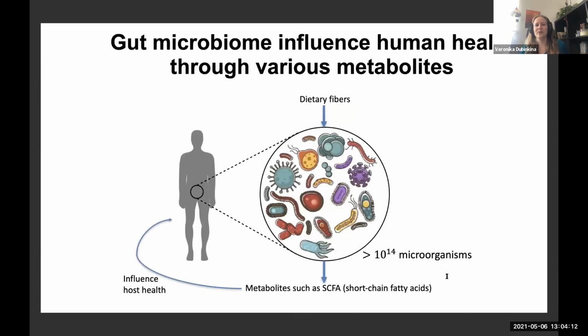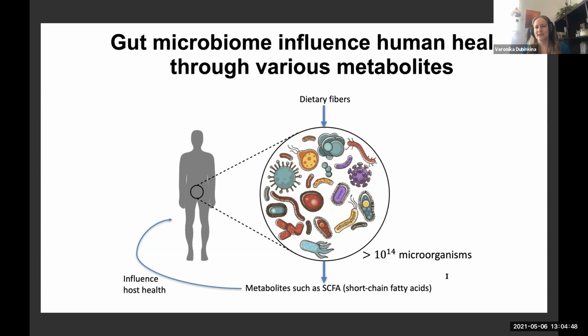As many of you probably know, a human gut microbiome is one of the best studied ecosystems because obviously it's related to human health. So people were collecting lots of data in the past decade, and they figured that the microbial community in the gut is actually very complex, it's very diverse, it's dense. And what it typically does, it consumes dietary fibers which are undigestible by the human body